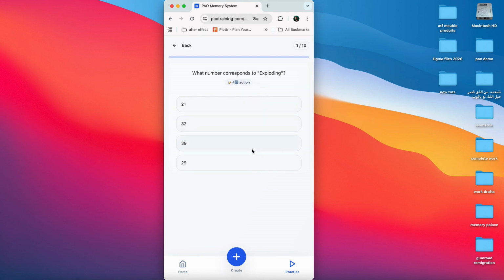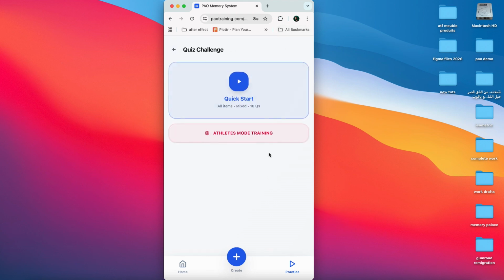Also we have a simple quiz. It will give you a question, what number corresponds to exploring. This is an action, and you will guess the number. And you will go from 0 to 10 questions. All right, next we have